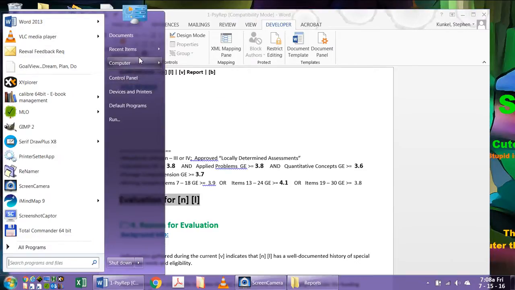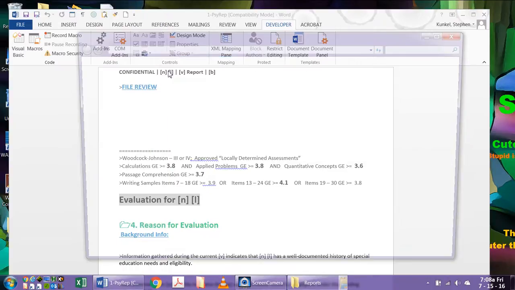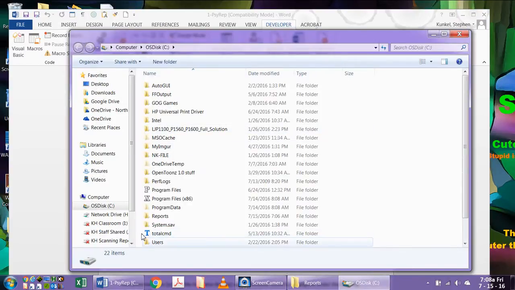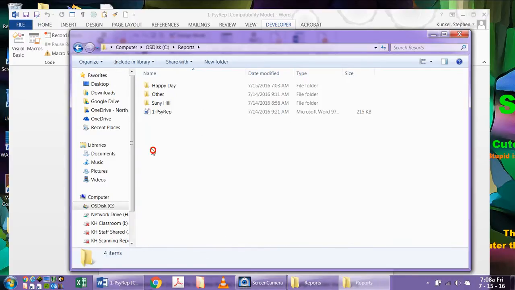I'm going to go to my documents or wherever and make yourself a folder to contain these reports. Just for an example, I went ahead and made myself a folder called Reports that is in C drive here, and if I open that, say for example that I'm going to be at 2 different elementary schools. I'm going to be at Happy Day and Sunny Hill. I went ahead and made a subfolder for each of those, new folder, put it in there, and then remember